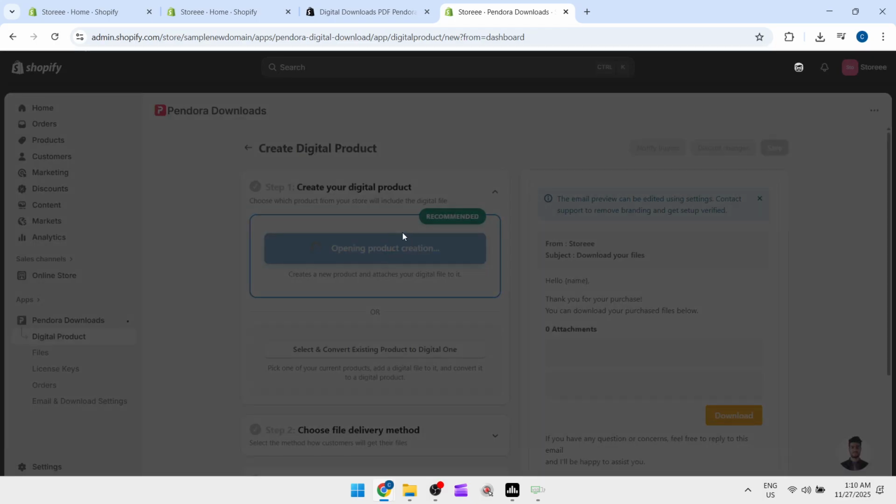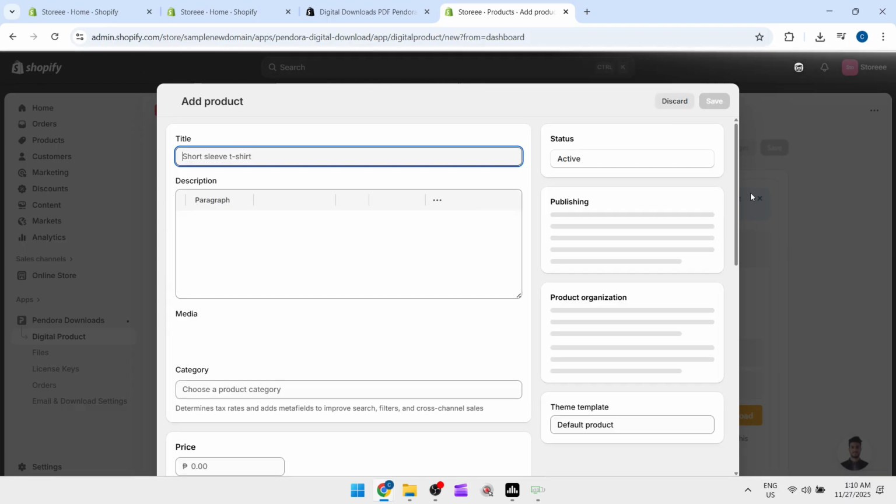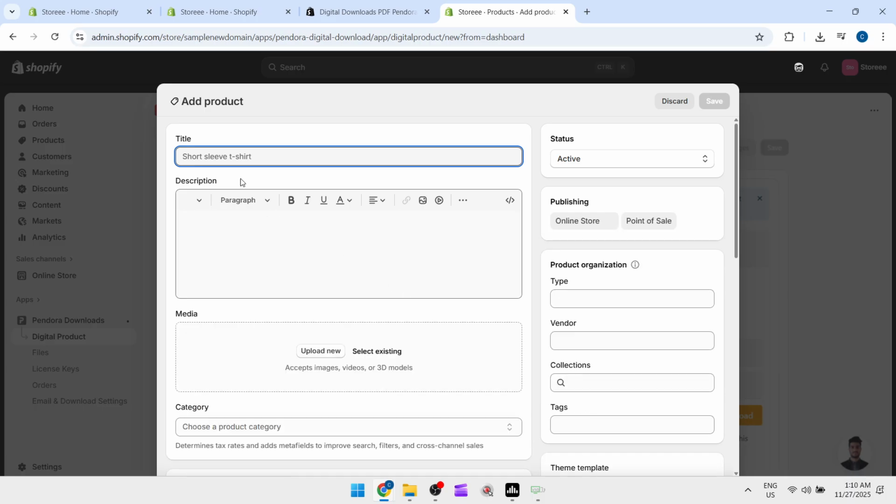Next, configure your download options. Set how customers receive the file: instant download on the order status page, an email with a secure link, or both. Decide on access limits, such as the number of download attempts or an expiration window, to protect your content